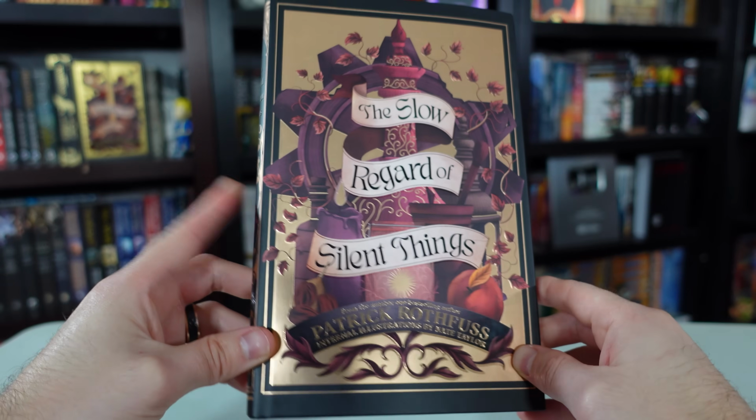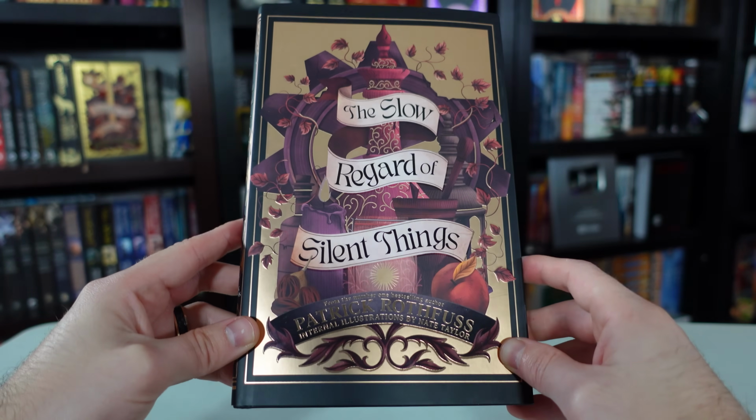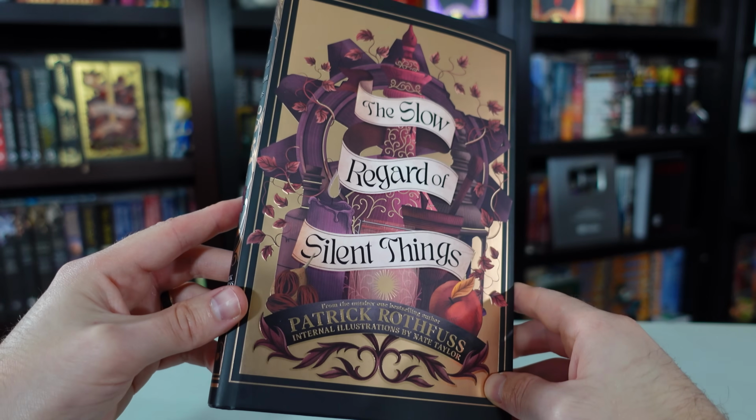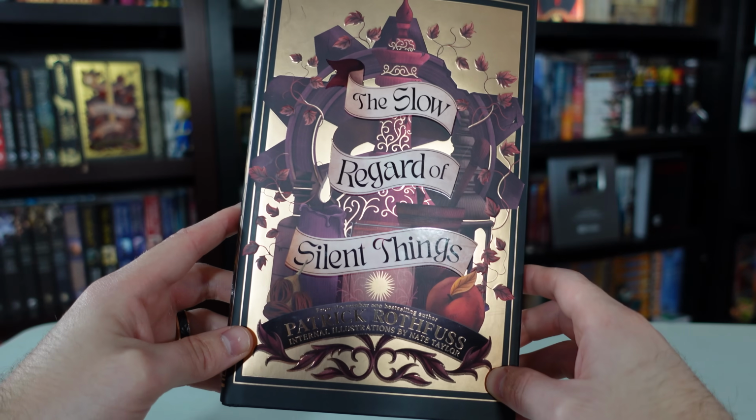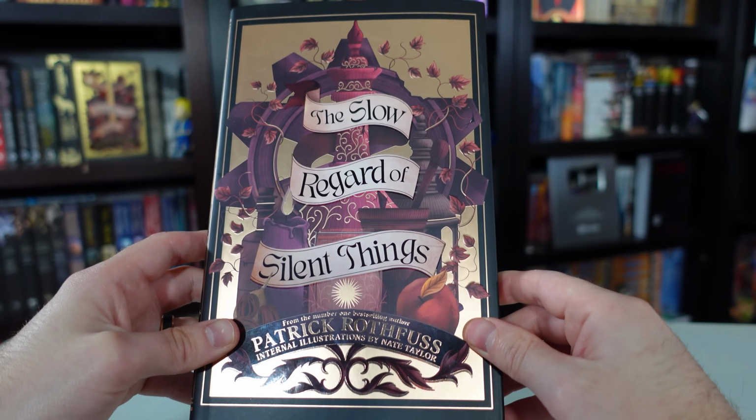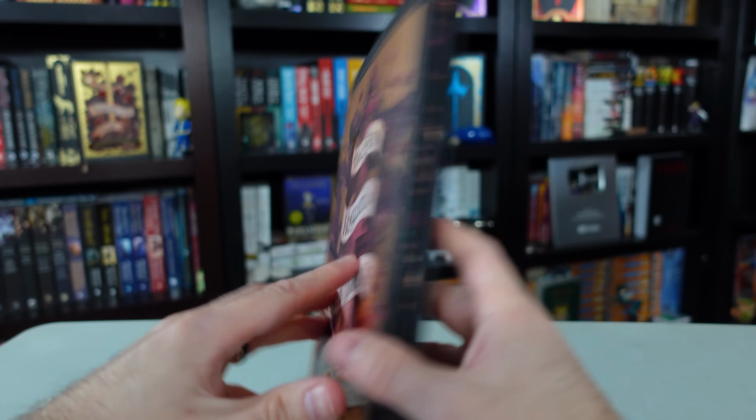Now, out of all the books, I feel like The Slow Regard of Silent Things is the most fitting for this kind of presentation because the novella's dreamlike tone and the focus on sensory detail just match beautifully with the nature of this edition. Now, opening this one up here,